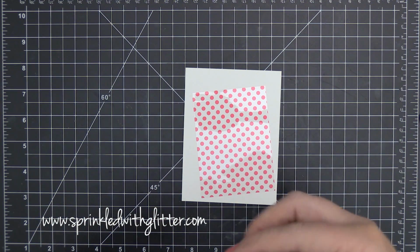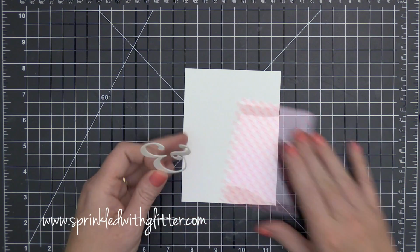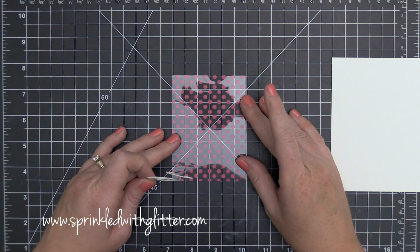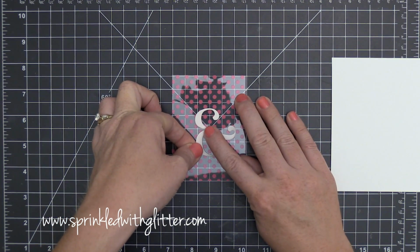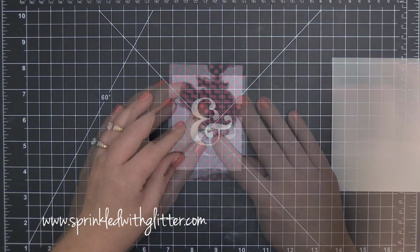And now it's time to go ahead and add my ampersand to this 3x4 piece of acetate. I'm working on the baby shower card first, which is going to say Sugar and Spice. And since this acetate is see-through, I am going to use my grid mat to help me position this. So I've taken off the backer on that double-sided foam adhesive ampersand die cut that I created, and I've placed